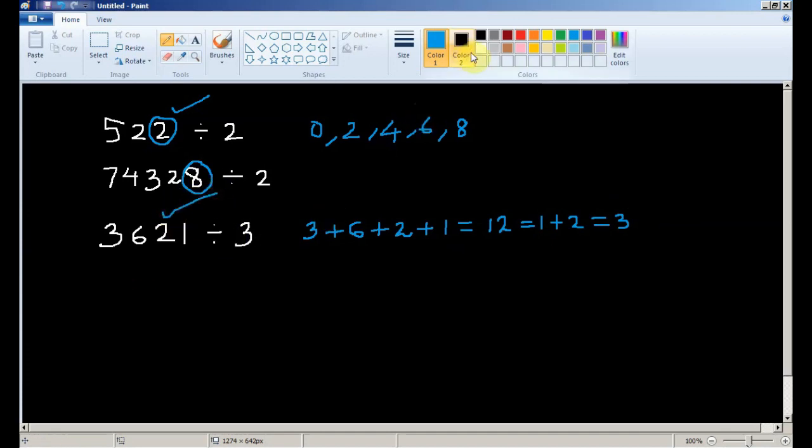Let me pick up any other number once again. So 726. I don't know if this number is divisible by 3 or not. Let's find out.